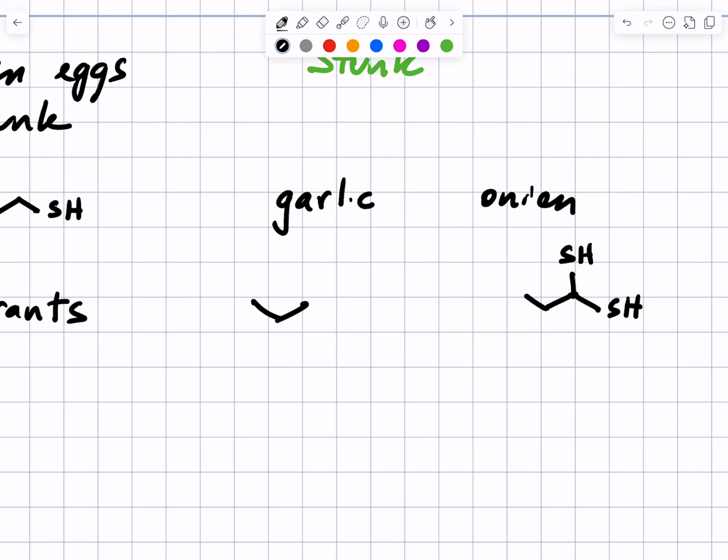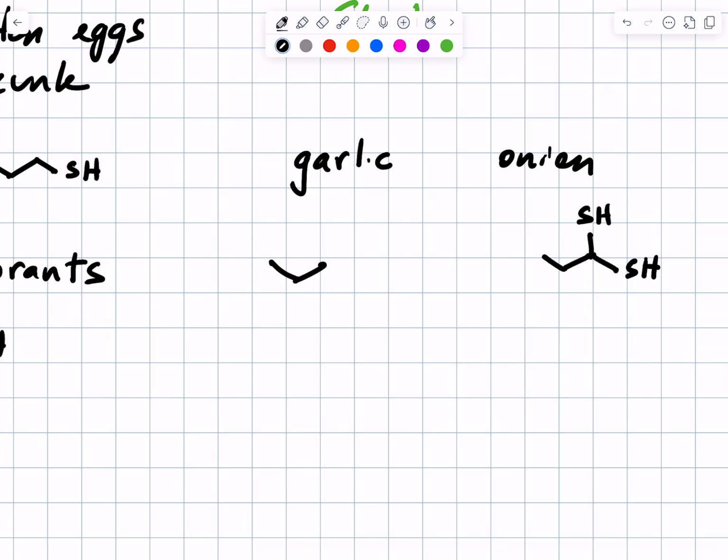often part of the point of cooking garlic and onion is you saute them to break down the cell walls to start to release some of these flavor and odor type molecules, many of which are thiols. The one that's really common in garlic is not a thiol per se, but it has sulfurs in it, and I think it can break down to release thiols. So I'll just draw it here for you so that you've seen it at least once in your life. This is called allicin, and